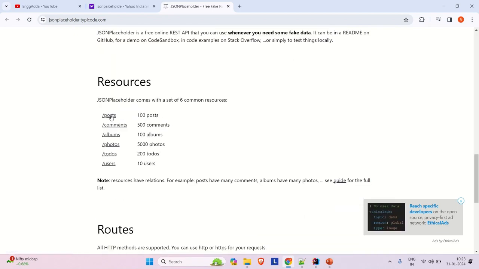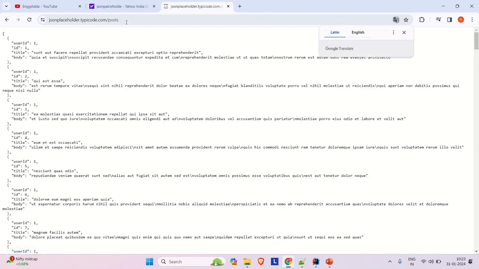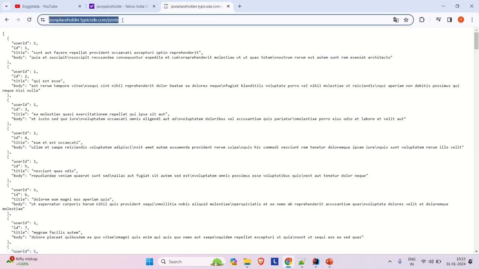So you can see this. We can access this post API or comment, album, photos, to-dos, and users. Any of these APIs you can pick and try to integrate or call in your application through the HTTP client, since they are free and open source APIs. If you go to this post API, you will see the response here. It contains a list of posts, and each post contains user ID, title, and the body. So just copy this URL